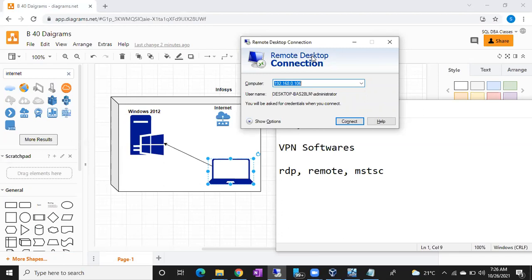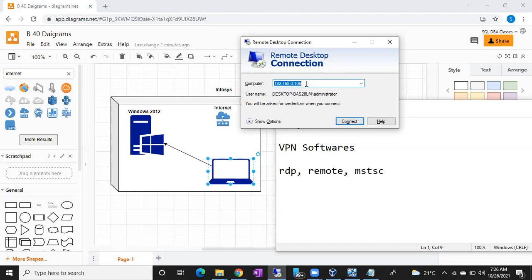In the same way, if you want to connect to a server, a lot of servers are there. I have to provide either the server name or the IP address of the server.